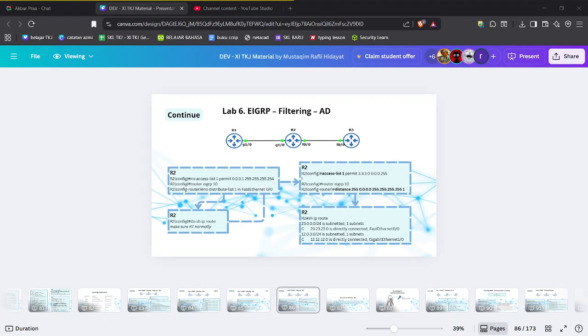For the first one, in lab 6, we talk about administrative distance, or AD. AD is basically a number that tells the router how trustworthy a routing source is. The lower the number, the more preferred.